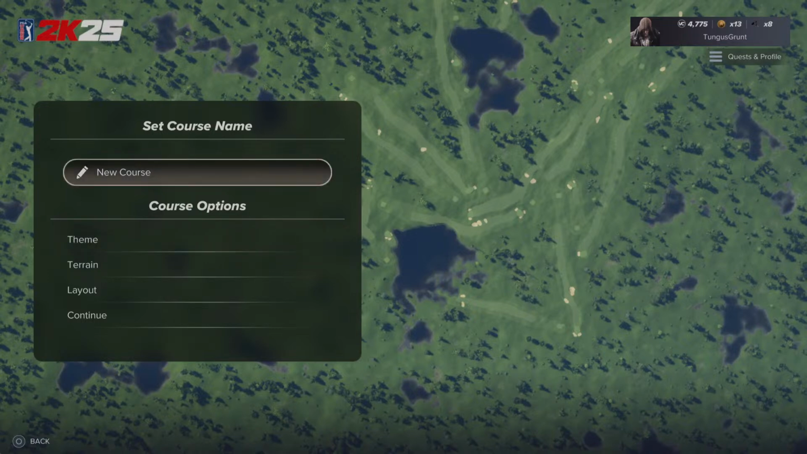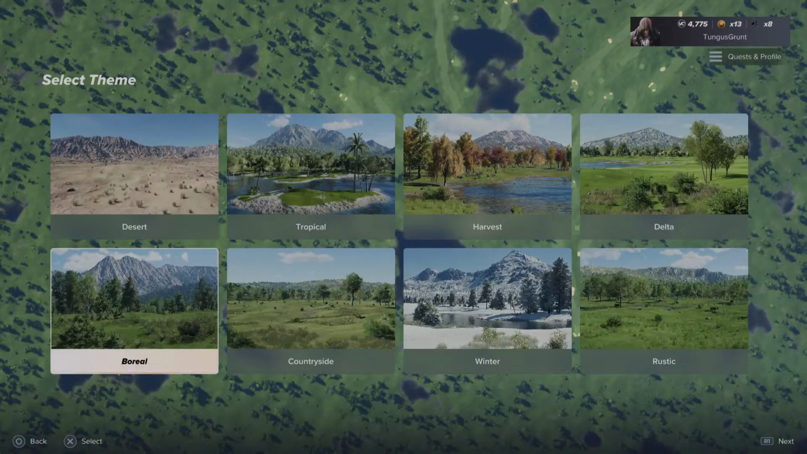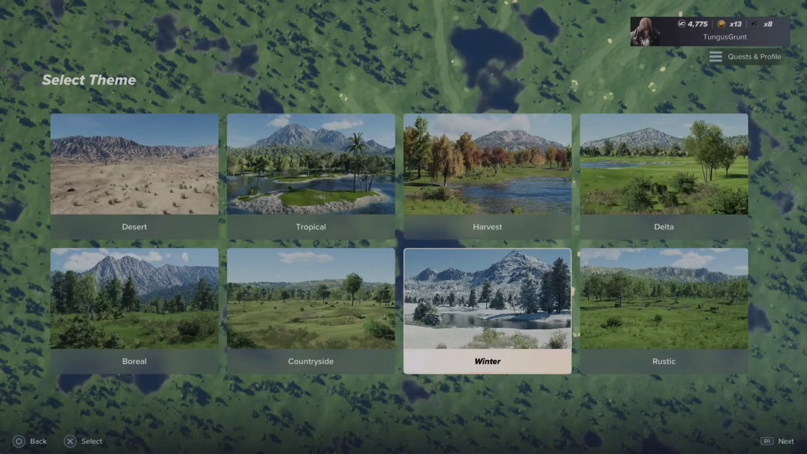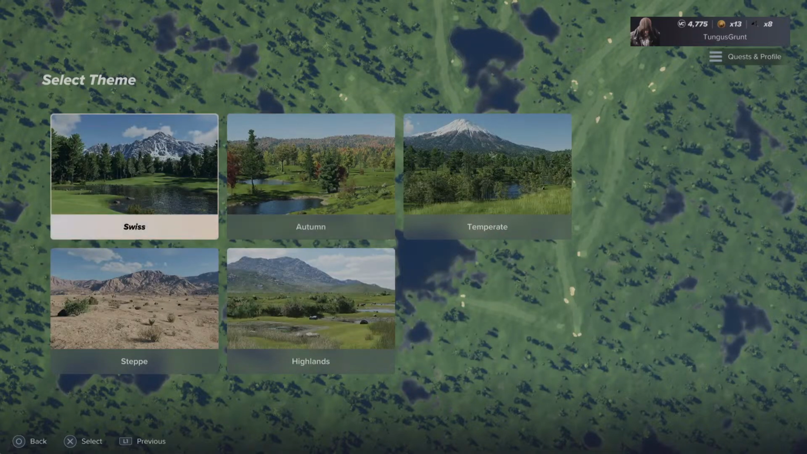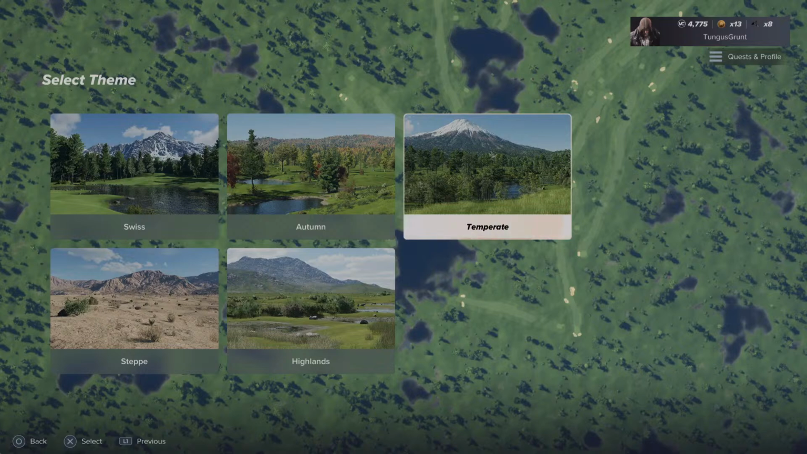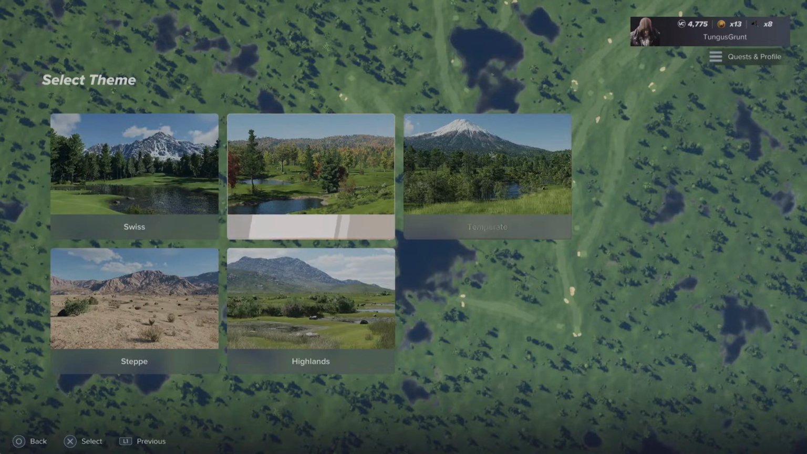New course. Let's call this one for no apparent reason. We're going to call this Wolf Creek Golf Club. Pick a theme. Let's go. The Swiss theme is pretty good. This temperate theme, that's new for 25. Let's take that one since it's a new theme for